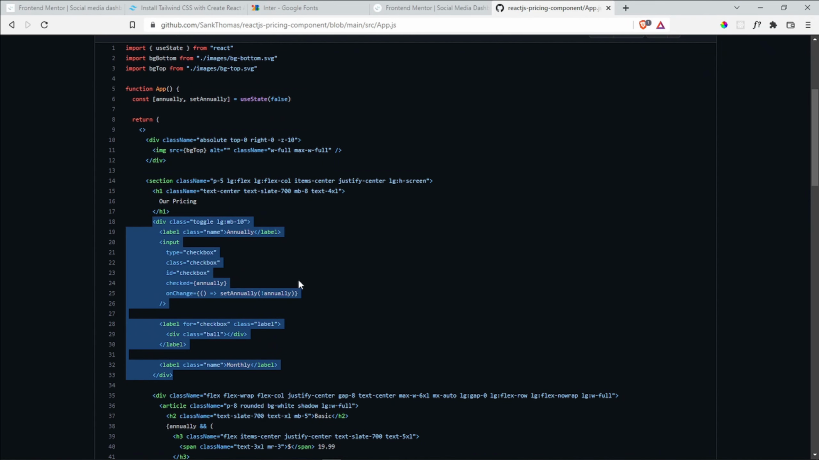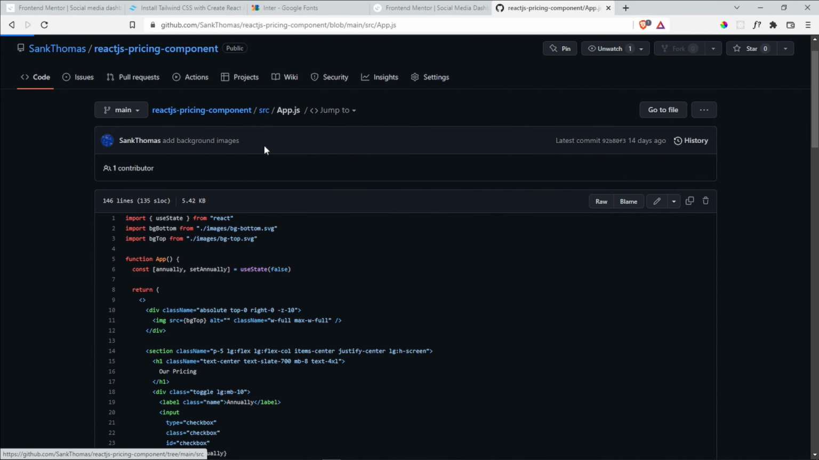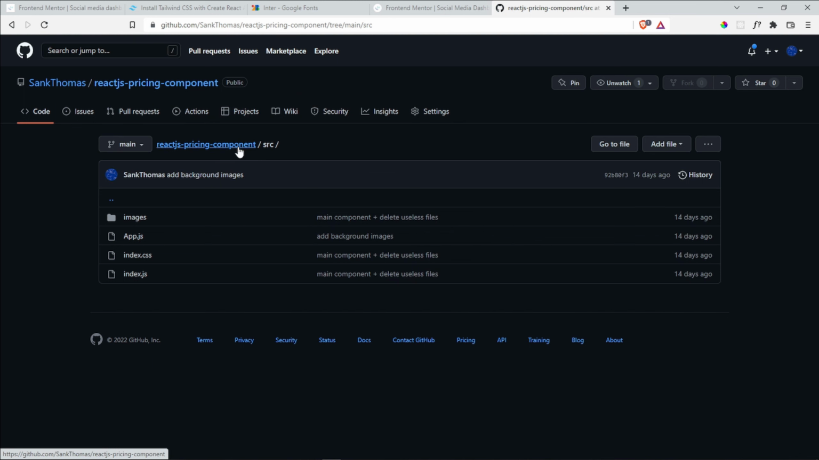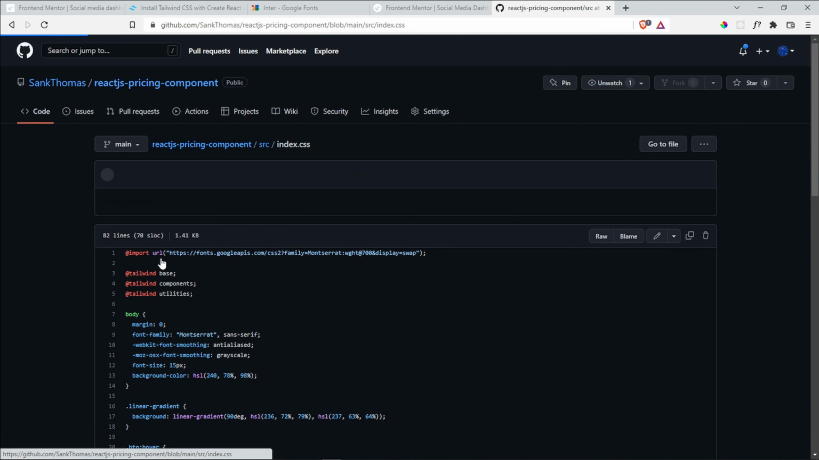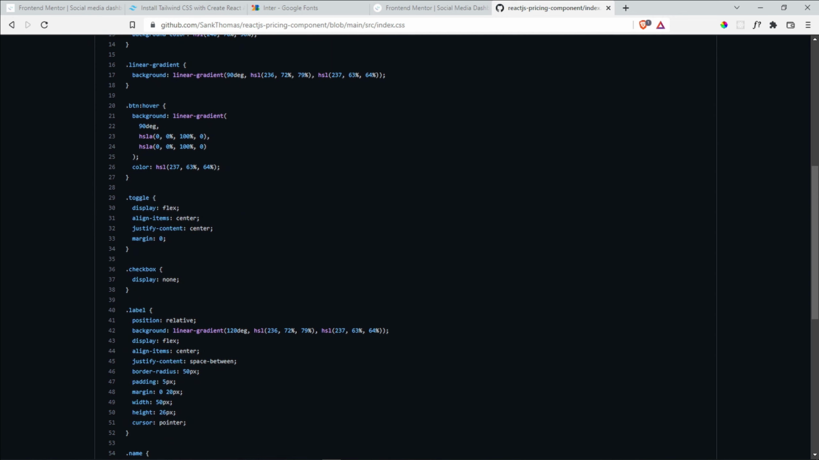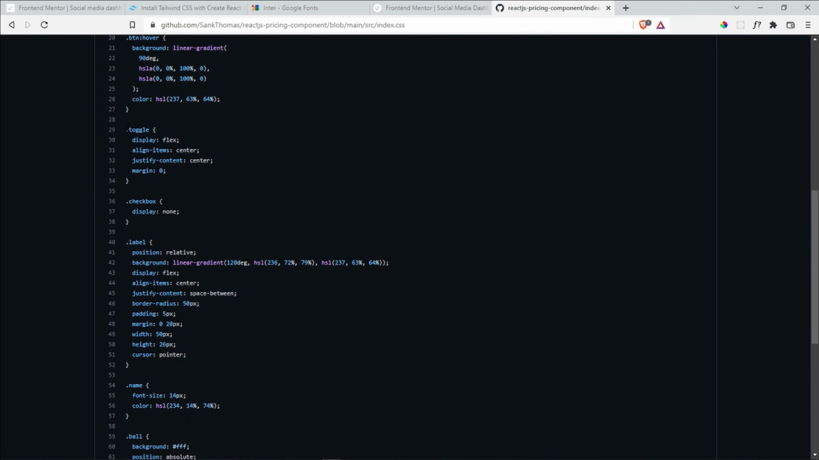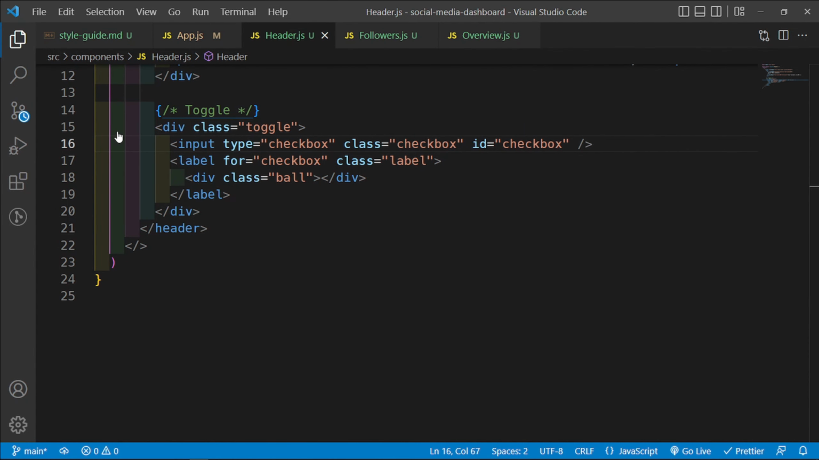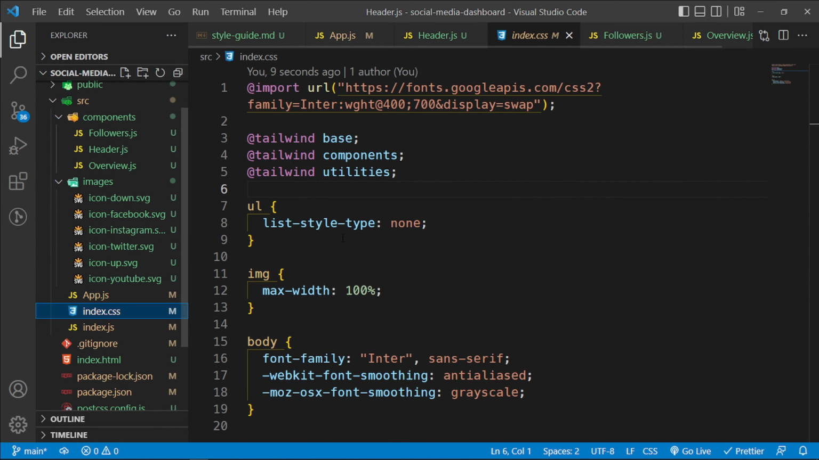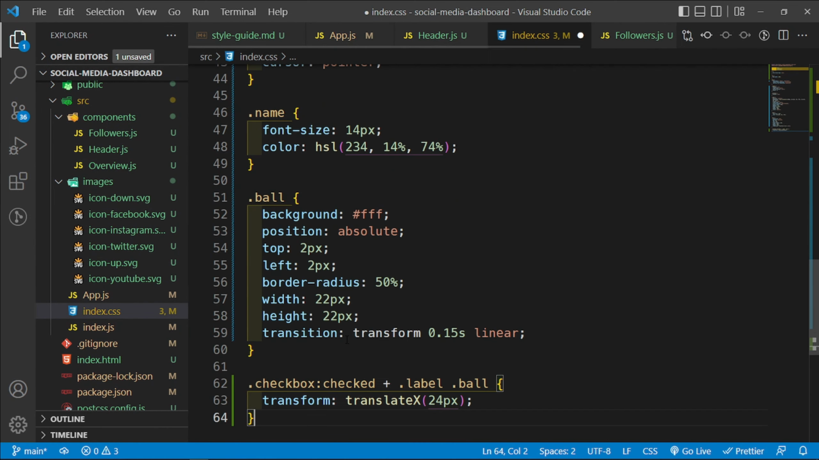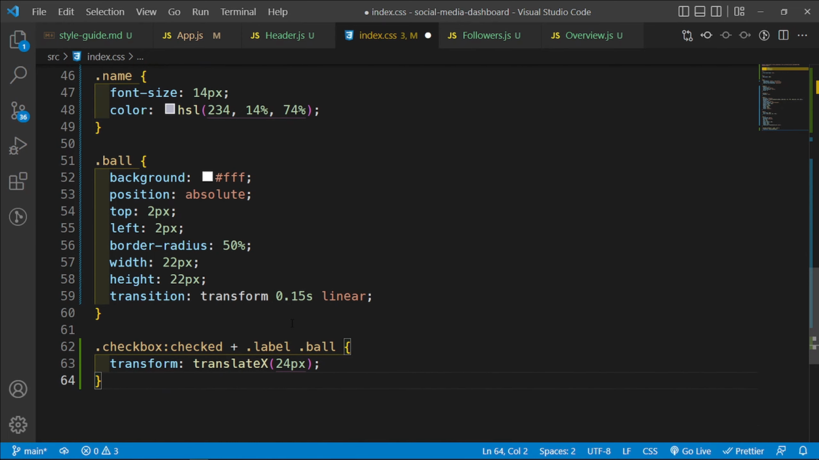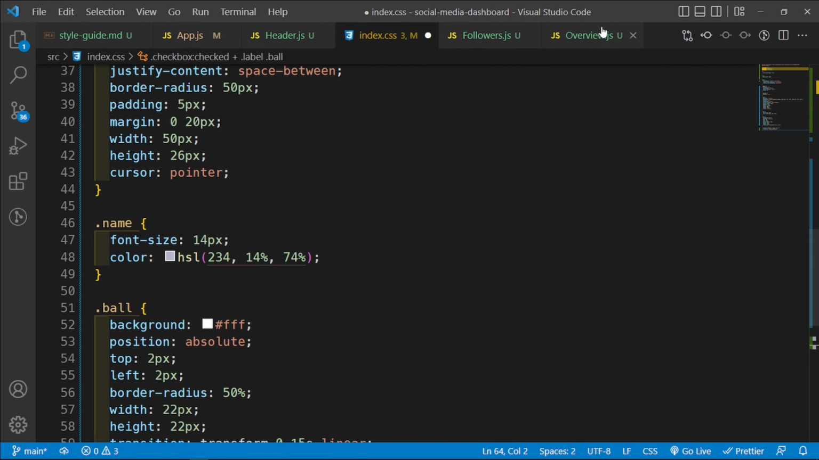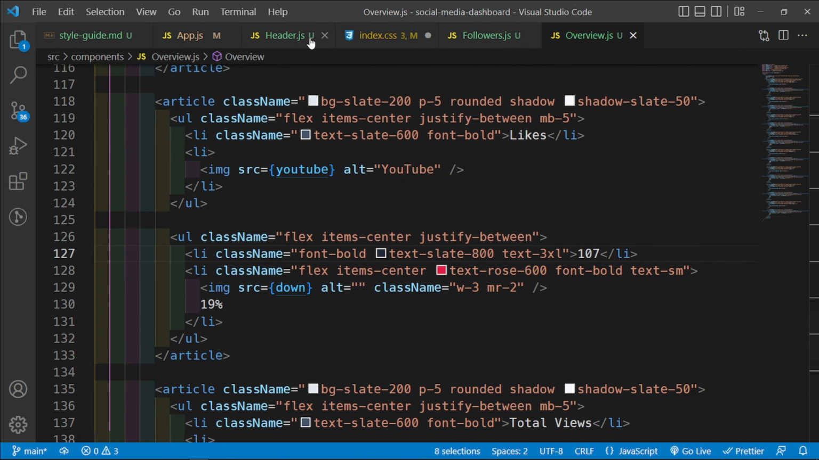And then now what I'm going to do is I'm going to also grab the CSS for it. So inside the index.css, I'm going to go ahead and copy the toggle. So the toggle here, copy it all the way to here. So copy this, and then inside our index.css, I'm just going to paste it below this. Okay, now let me just confirm what we need. We have